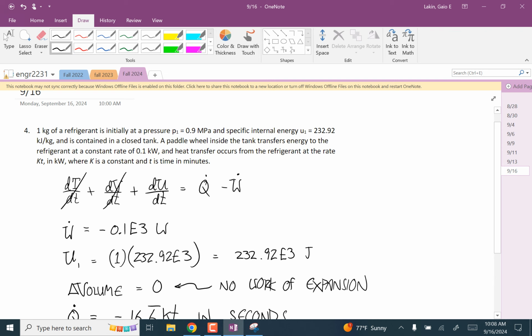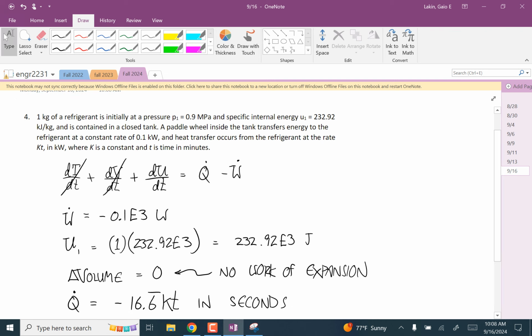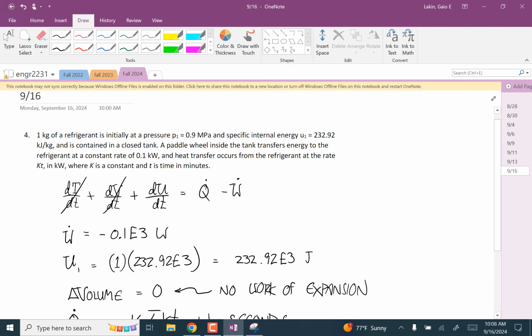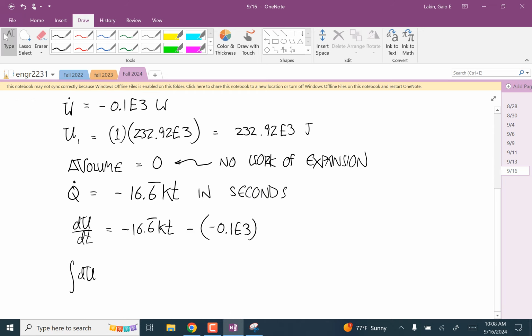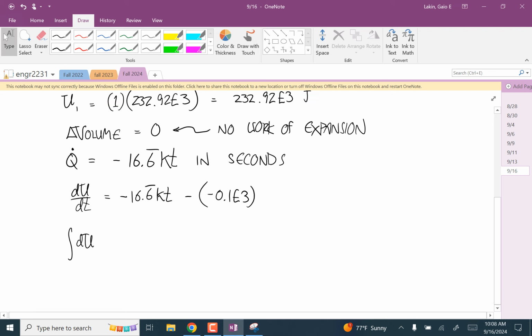I wrote down U2 equals 276. Oh really? I wonder if I just pulled that from a different problem, or maybe that was in the solution. Okay, so we can definitely write this as